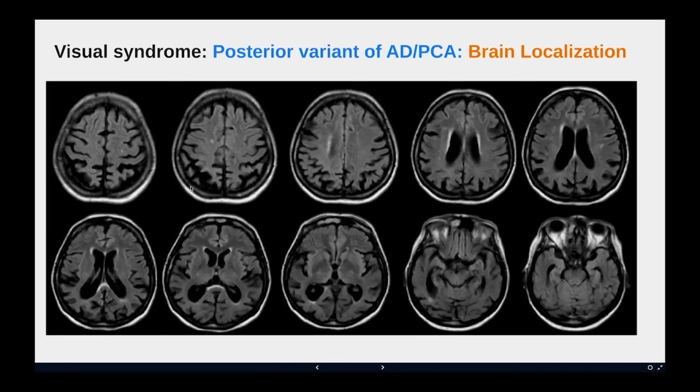And you notice how much volume loss there is in the back part of the brain, whereas the remaining brain looks more or less okay. This is the hippocampus here. It's a different cut than the one I showed you earlier, but it is slightly more plump than what we expect for somebody with Alzheimer's disease. And so the main problem is here in the posterior part.